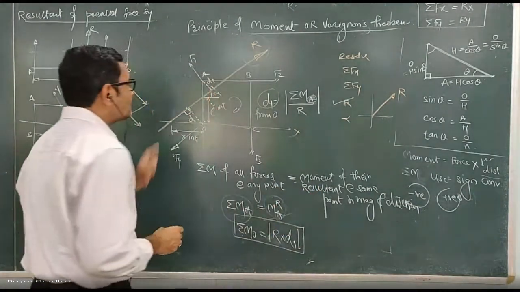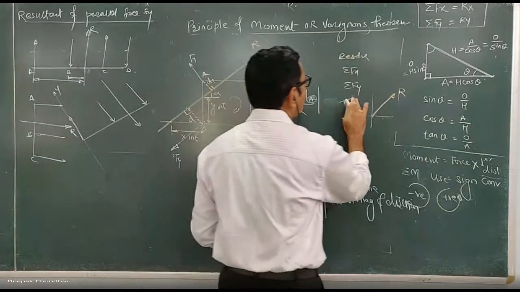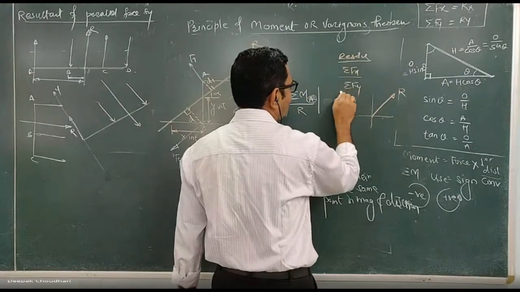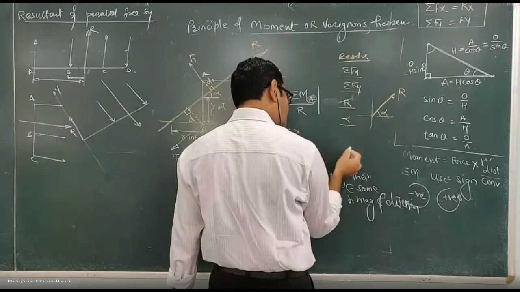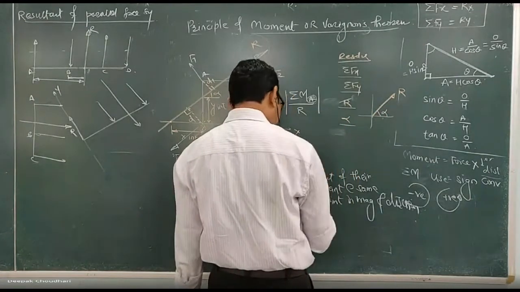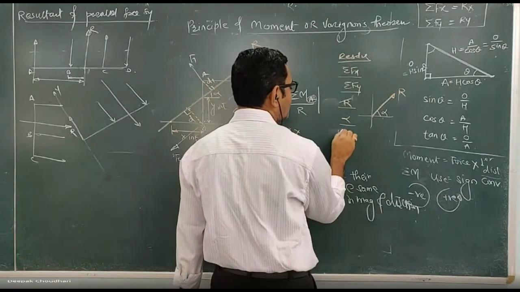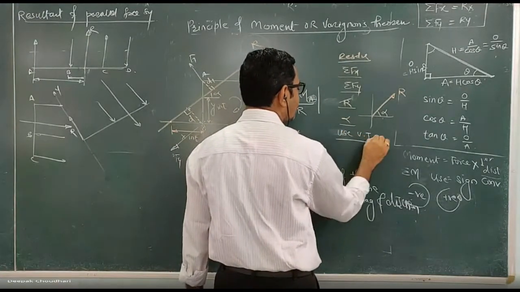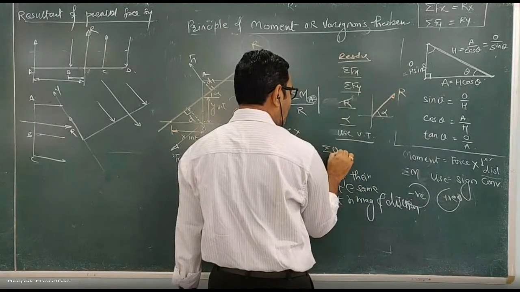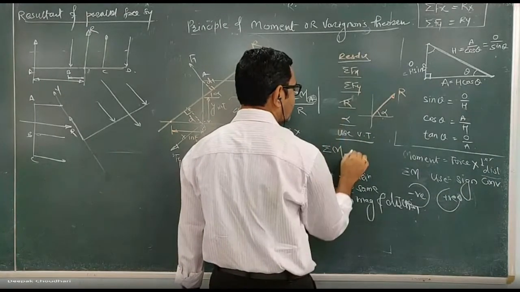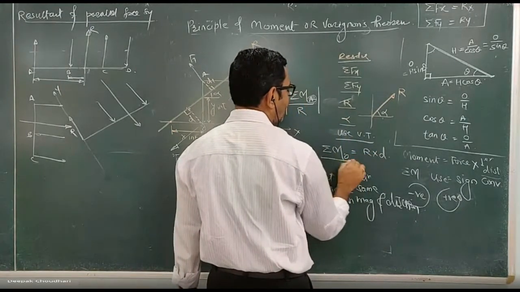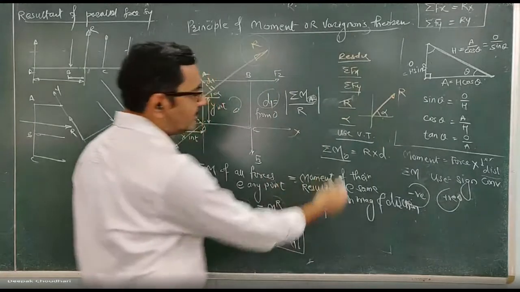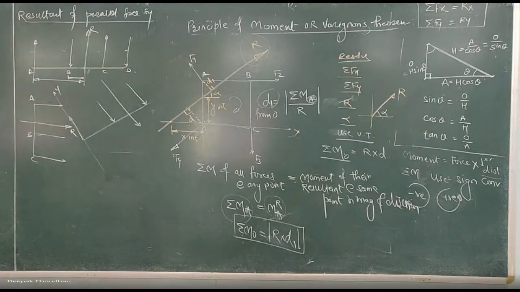So to solve the sum of a general force system, what will be the steps? Resolve, find summation of Fx, summation of Fy, R, alpha, and show in which quadrant the resultant acts. After that, to find the distance or position of the resultant, you have to use Varignon's theorem. The first step is to take the summation of the moment of all forces about any point equal to R into D. Clear? You have to calculate this and equate it with R into D. Here you will get that D. Understood? These are the steps to solve the sum on a general force system.